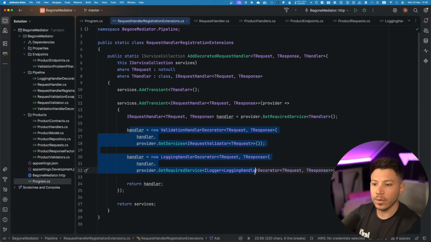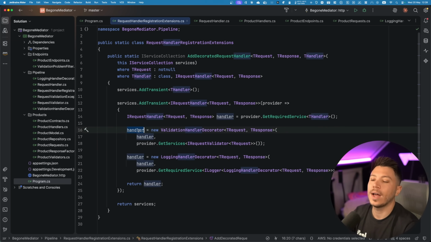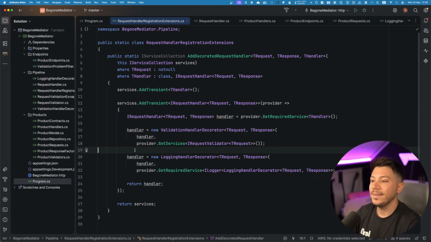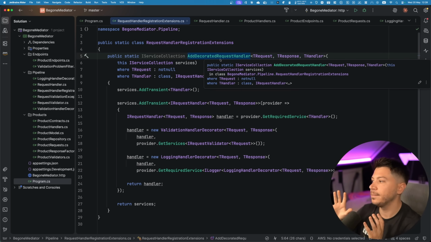Again, everything here would be configurable, so you could change them if you want, or maybe you don't have to reassign them every time this way. Like, you can change this behavior in any way you want, but this would give you the exact same cross-cutting concern approach as you had before. And if you don't want to have a general decorated request handler and you want to have a decorate with logging or decorate with